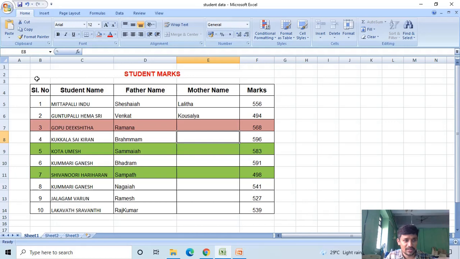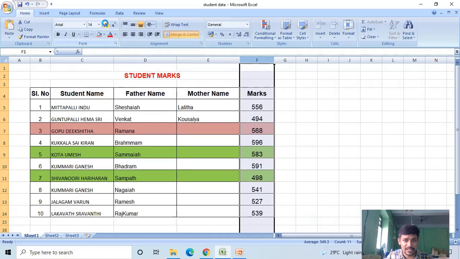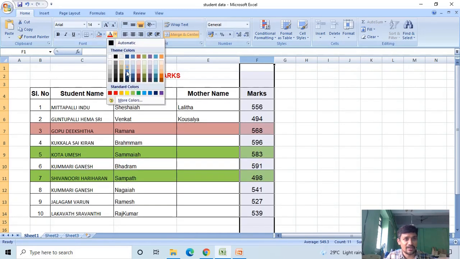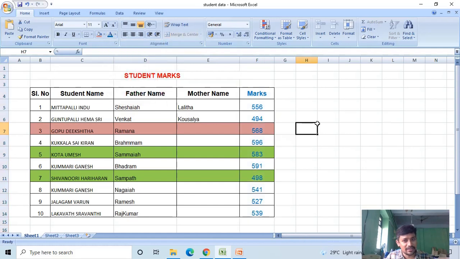You can increase the size, decrease the size, or change the color. You can do all these formatting options, but you can't edit or delete the data.